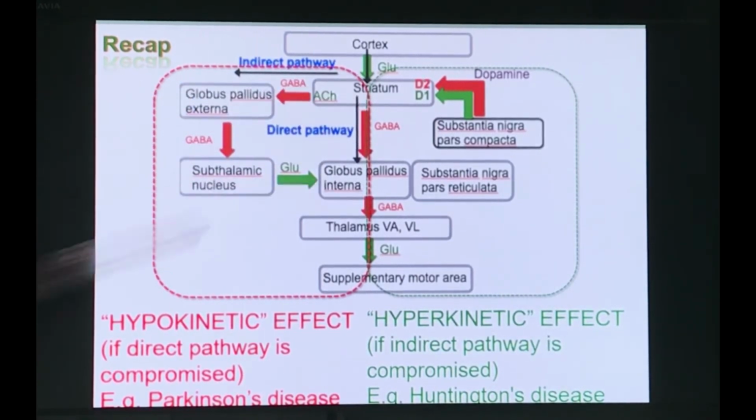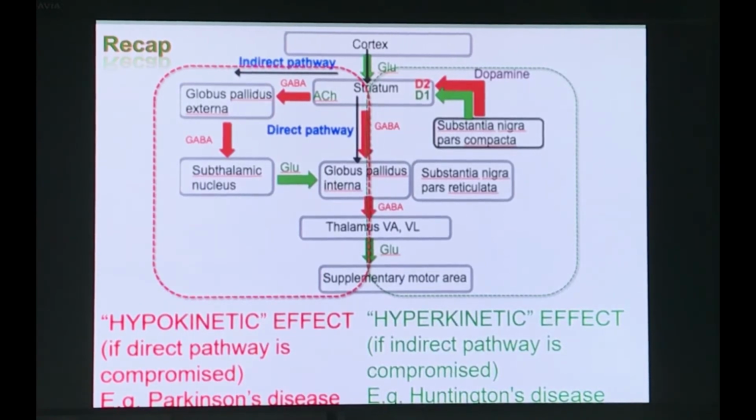Okay, and the neurons which are present in the striatum, which are involved in the direct pathway, that is which have connection to the globus pallidus interna directly, mainly express D1 receptors, so that the dopamine, when it binds to the D1 receptors, will facilitate the direct pathway. So this is how the dopamine controls and regulates the different pathways, the direct and the indirect. So they have a dual excitatory influence.